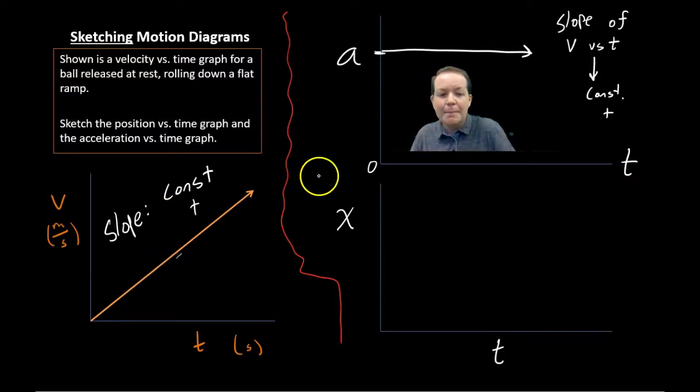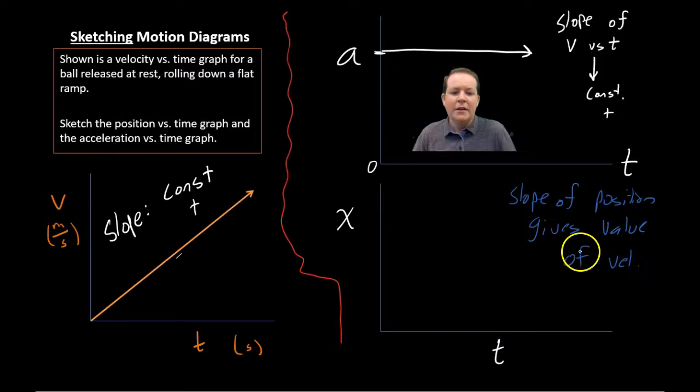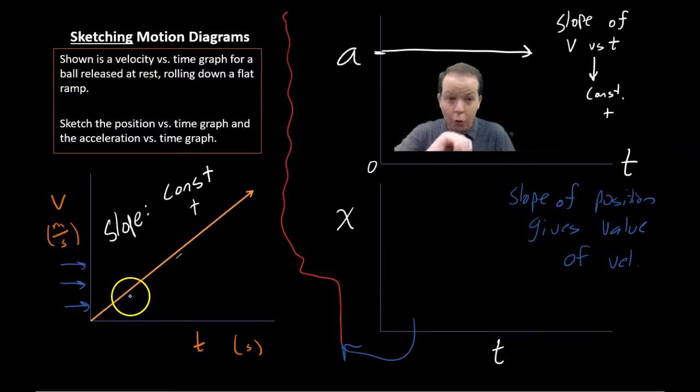If I'm looking at a position graph, the slope of position gives the value of velocity. Normally, I was looking at the slope of the position graph and then getting the velocity. But now I want to go the other way. If I can figure out the y value of the velocity graph, that gives me the slope of